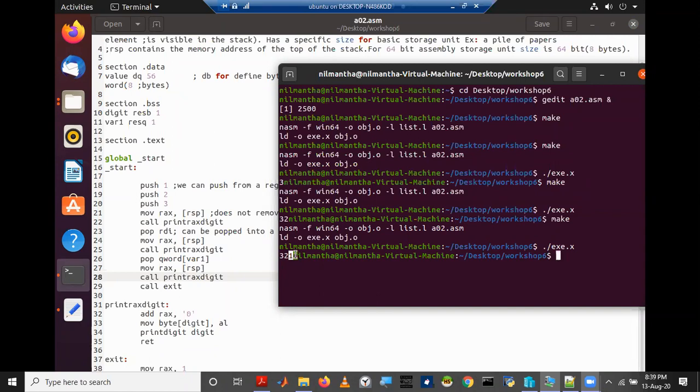Now we have even popped the last element, 1, from the stack, so now there is nothing in the stack.